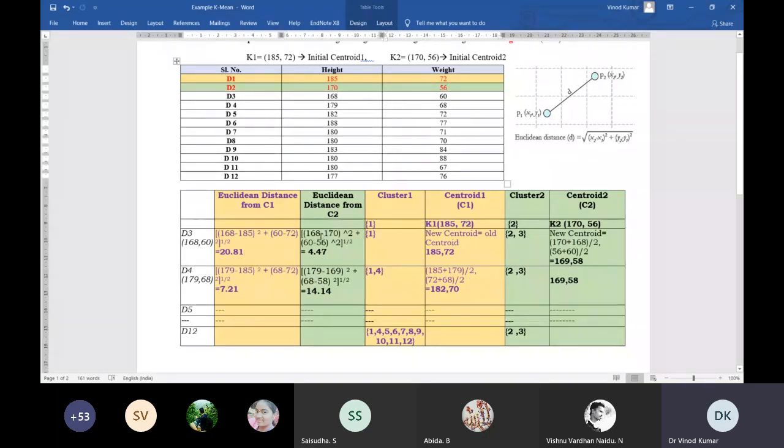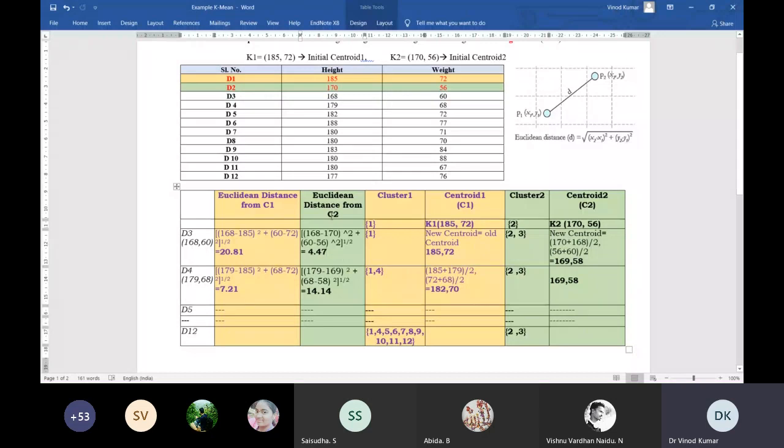So what I did, I took 168 minus 170, squared, plus 60 minus 56, squared. So I come up with the distance 4.47. So which one is minimum?